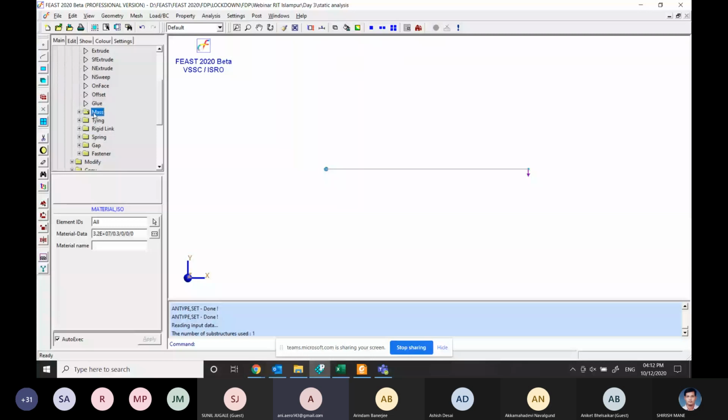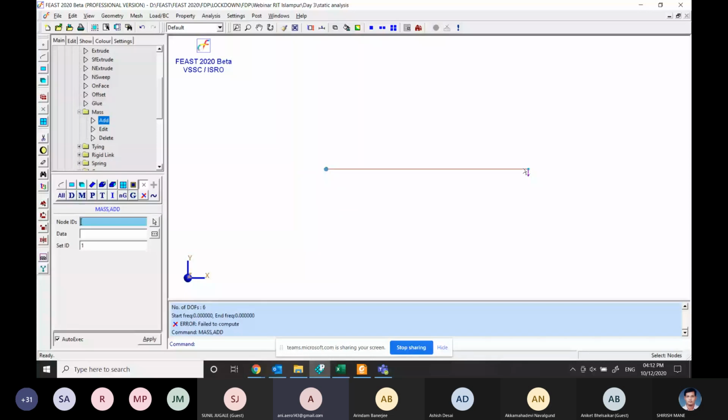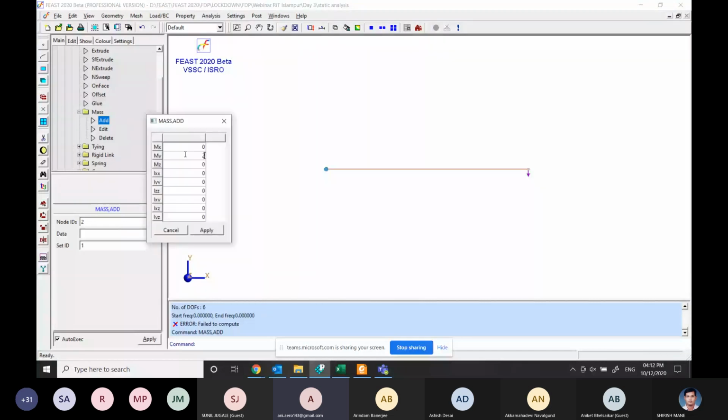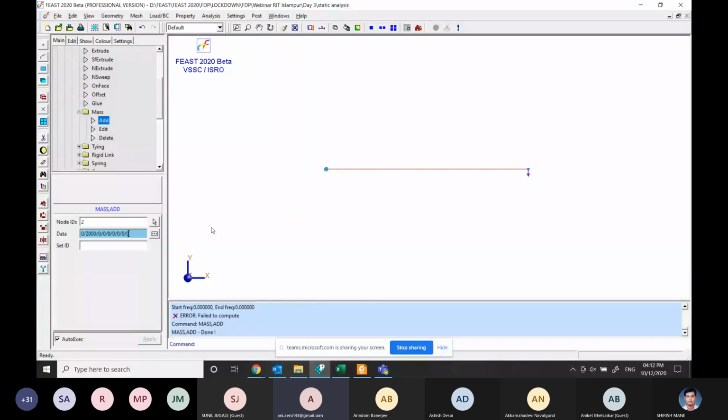At the last node, that is at the free end, we will apply the value of 2000 in the y direction. Done.